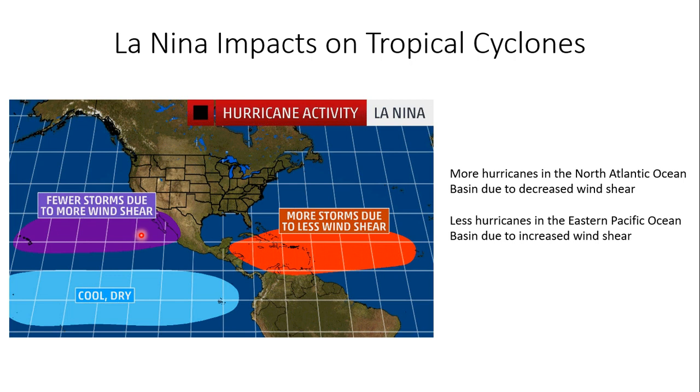I would not be surprised because we're now entering the third year of La Nina conditions, where the water off the eastern and central equatorial Pacific is cooler than normal. Okay, that tends to have decreased upper level winds in the Atlantic side, which tends to favor more tropical cyclone development. So the outlook should be coming out fairly shortly